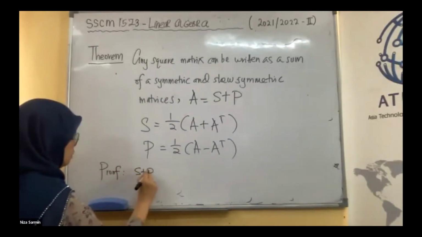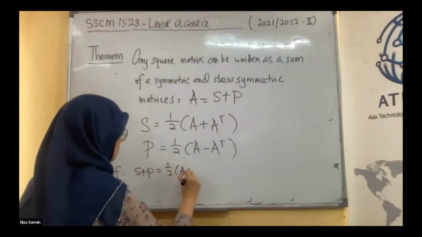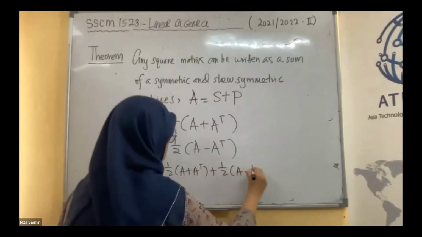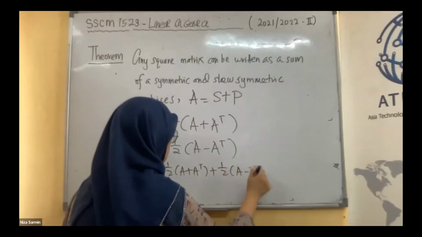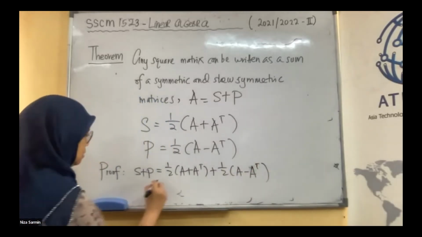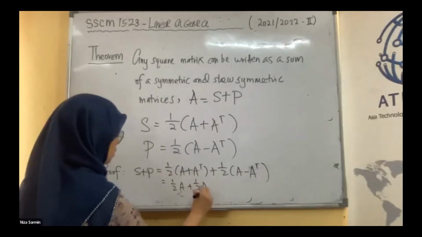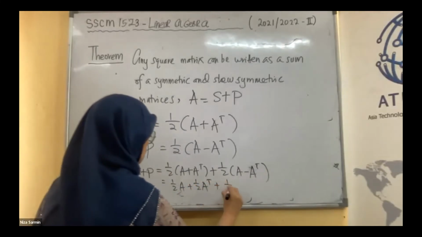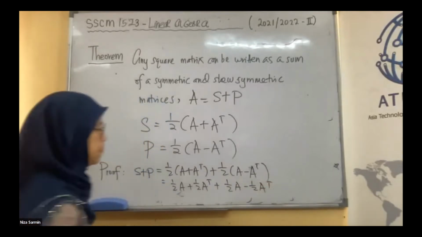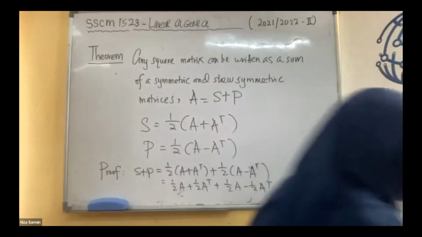S plus P is 1/2 A plus A transpose plus 1/2 A minus A transpose. Just multiply, right? 1/2 A plus 1/2 A transpose plus 1/2 A minus 1/2 A transpose. Okay? So,